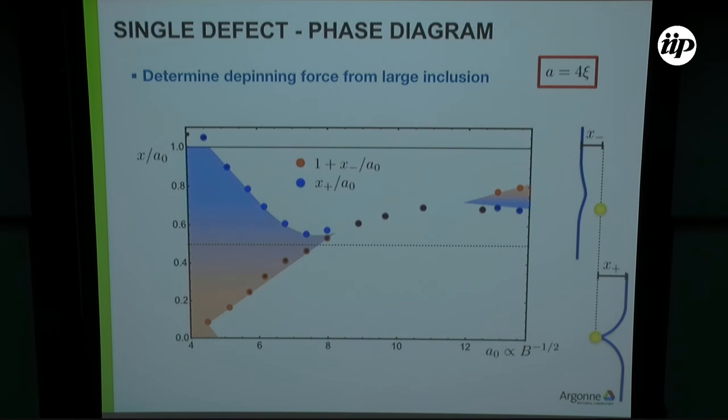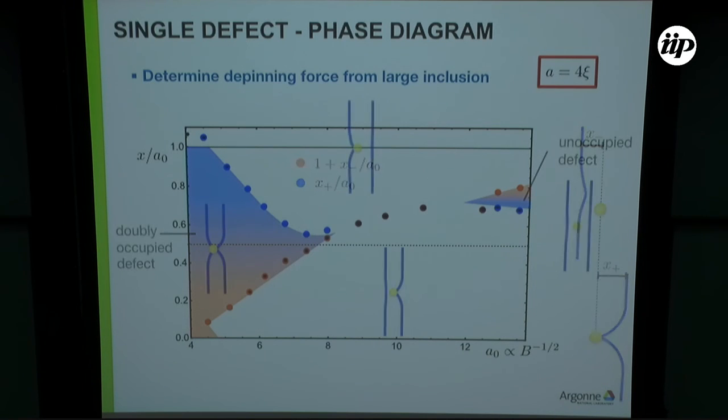have a much more interesting phase diagram. What we see here in the top corner is similar to what we saw for the smaller defects. So we see that up here we have a regime where one vortex leaves a defect. For a short time, the defect is unoccupied, and then the next vortex enters. Here we have a quite large field range where when one vortex leaves, immediately the second vortex decides to enter